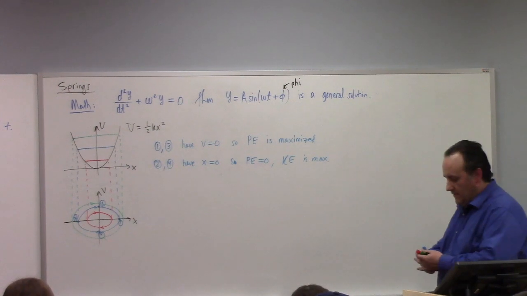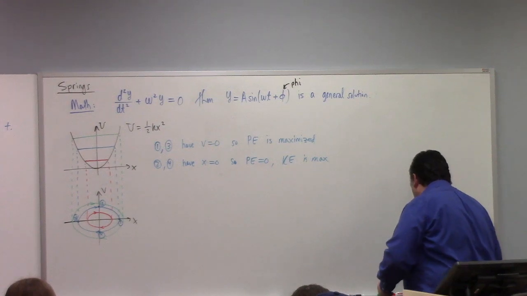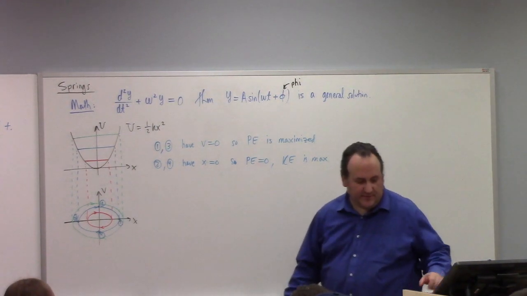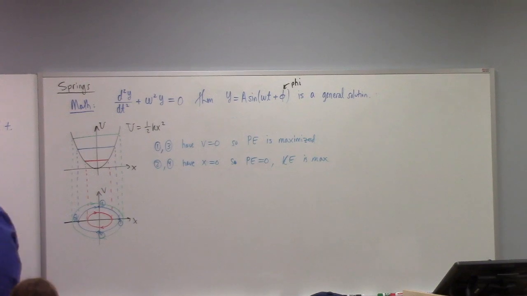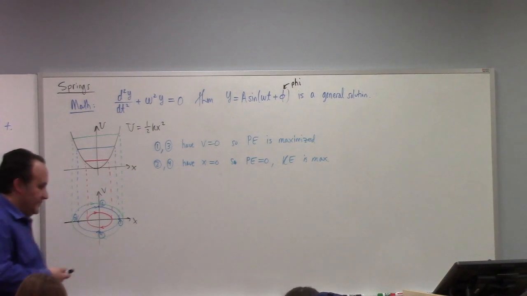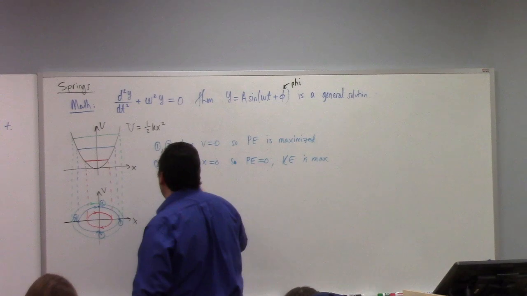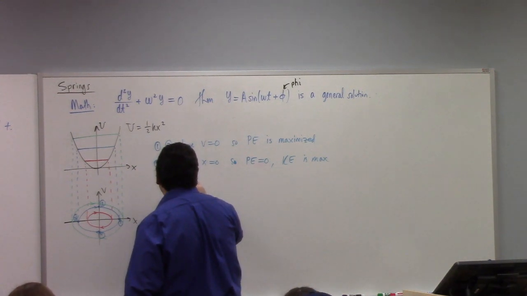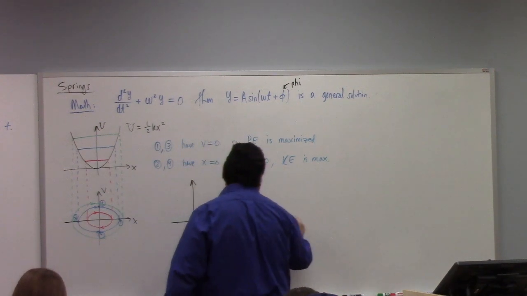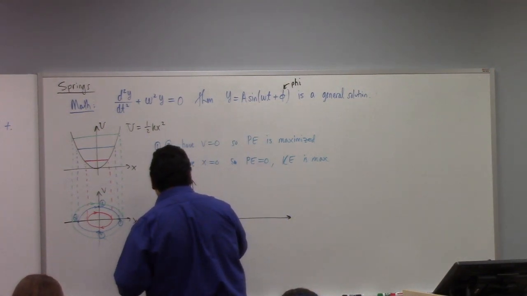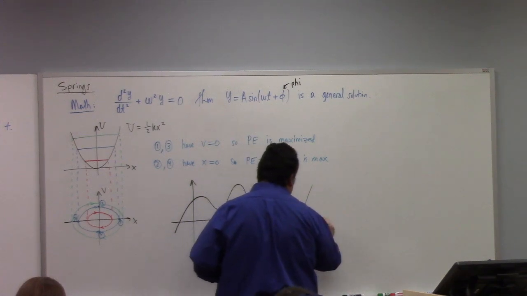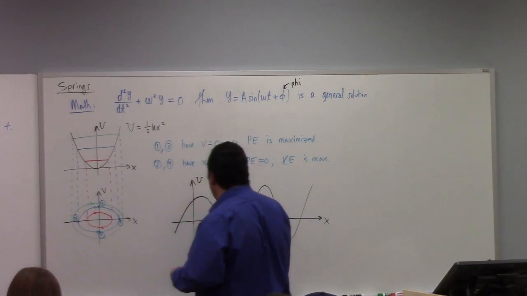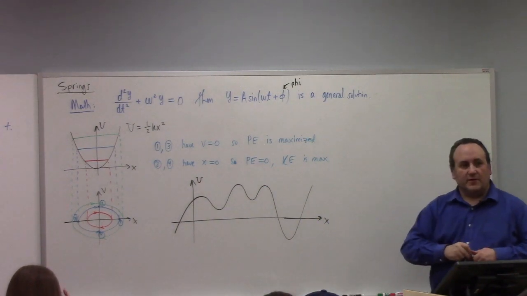Now, the spring is a very important example, which is why I've gotten into some details here more than I do sometimes for other things. In part because a lot of times the physical system is such that it can be understood as like a spring in some approximation. So this is just a comment here. Example, let me just draw a picture. So if I had, hypothetically, some other potential energy diagram, and it looked like this, right? If this was my potential energy diagram, if you studied the motion of such a system,